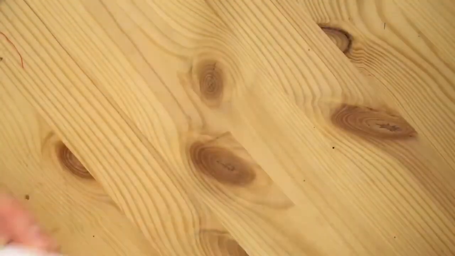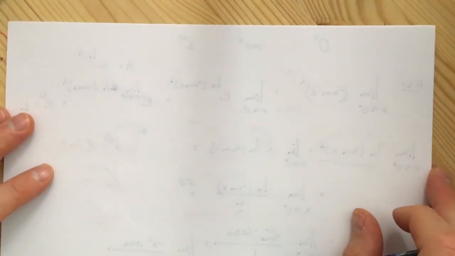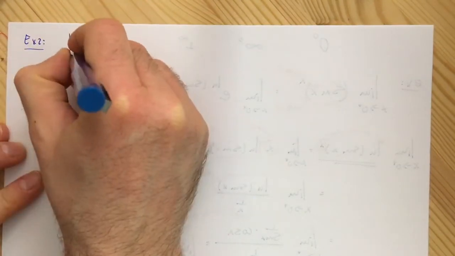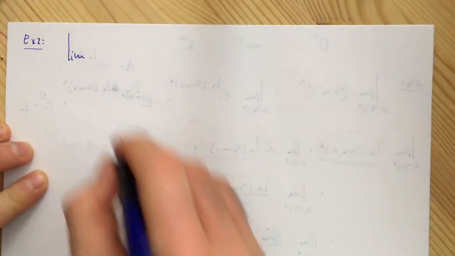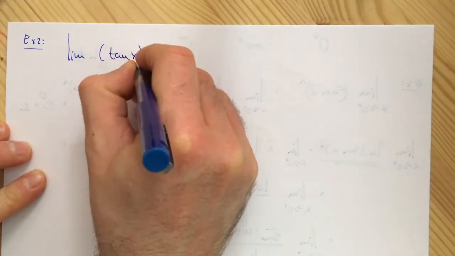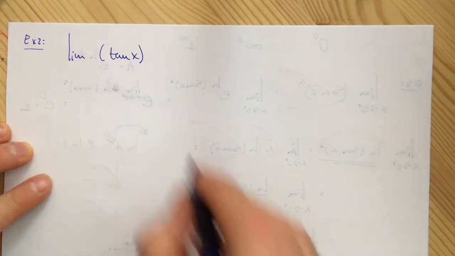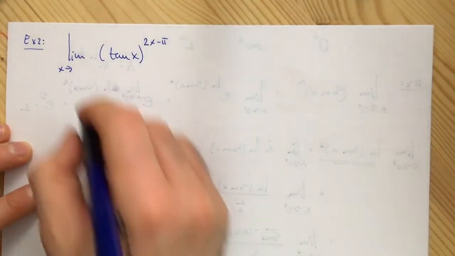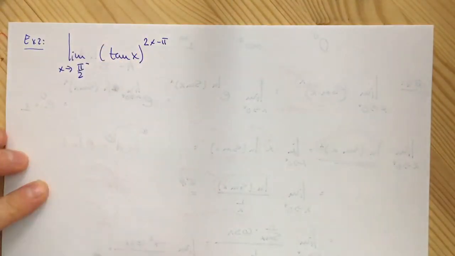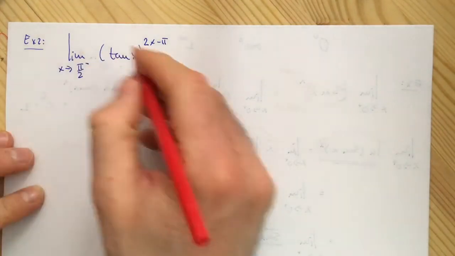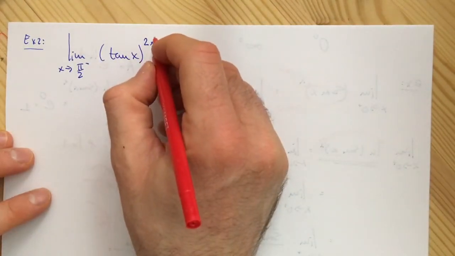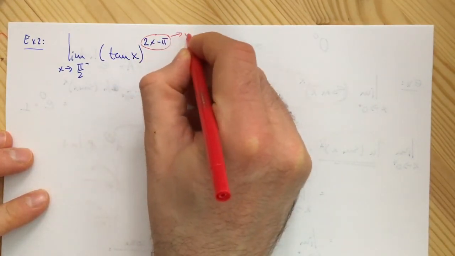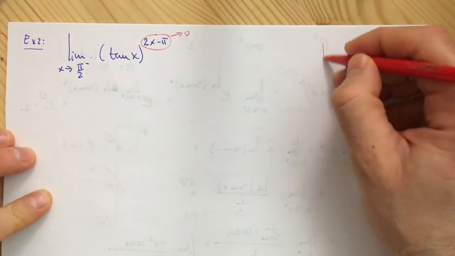Second example is the limit of tangent of x to the power of 2x minus pi, and x goes to pi over 2 from the left. Okay, so as x goes to pi over 2 from the left, the new exponent here, 2 times pi over 2 is pi, pi minus pi is 0, and tangent of x, if you remember the graph of tangent of x,